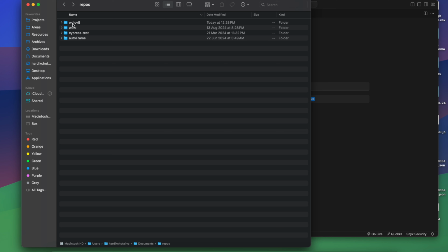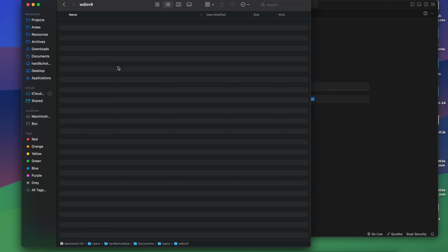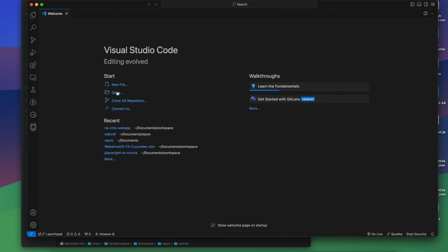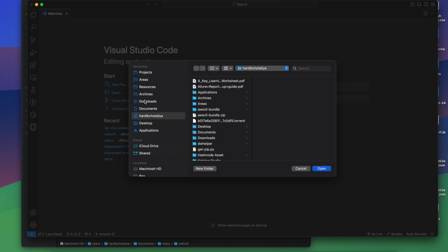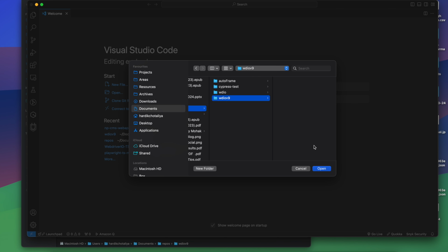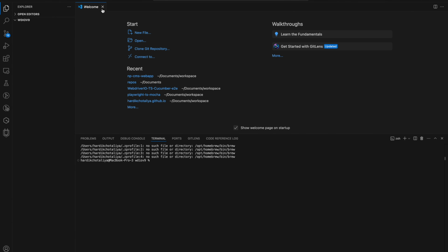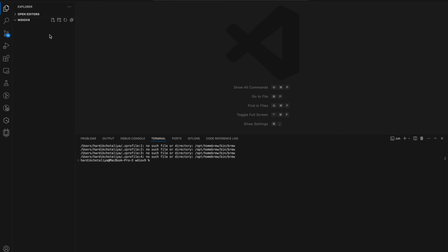Here it is. So before entering, we have to create one repo in our documents folder or anywhere, like in the C drive. I have already created that, WDIO version 9. Here you can see it is blank, so we will have to select it. Open this and go to documents, then in the repo folder, in WDIO 9, and just open it. Just maximize it, and you can see we have that folder. Currently it is a blank folder. So VS Code is already installed, and we have opened our project folder in this WDIO v9.